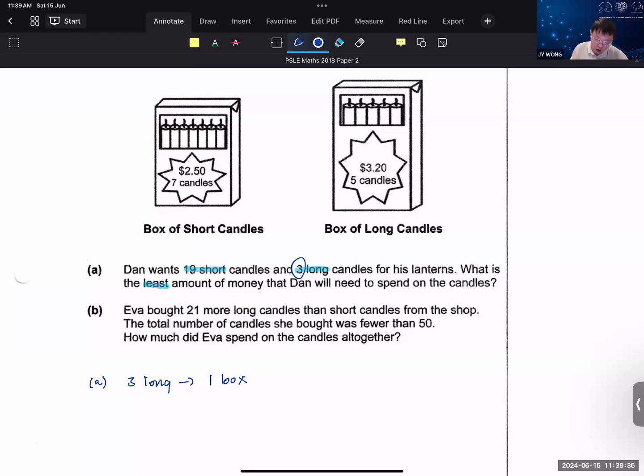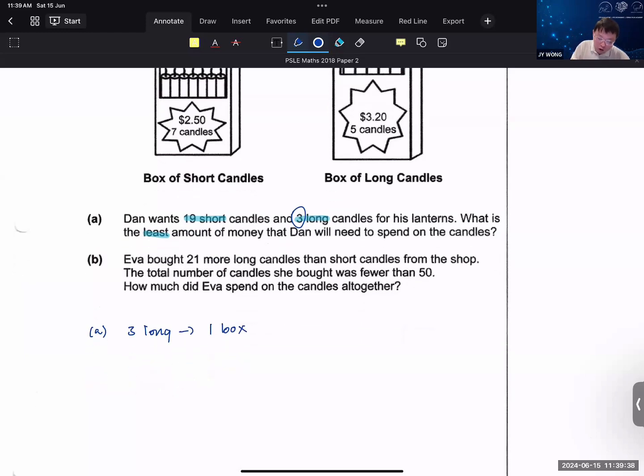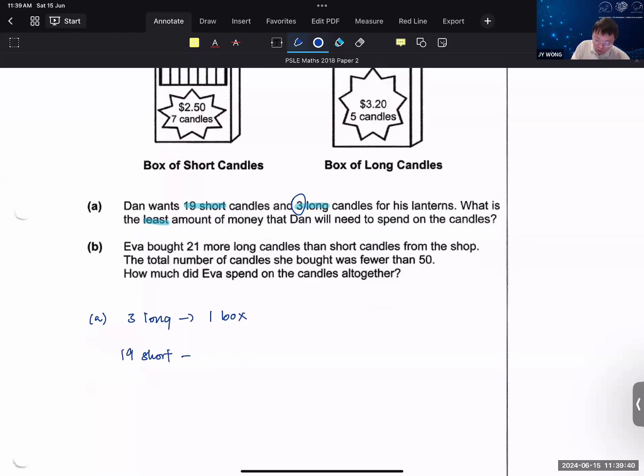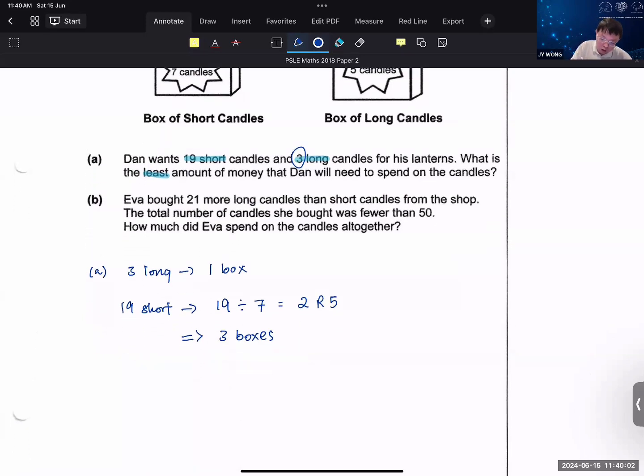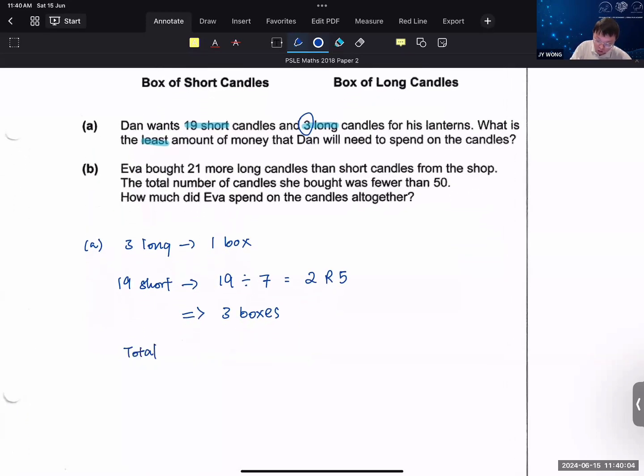Correct? But to get 19 short, if I take 19 divided by 7, I will get 2 remainder 5. Which means 2 boxes not enough. Therefore, you will need 3 boxes. Agree? And therefore, your total cost